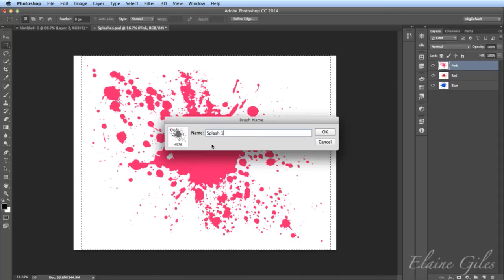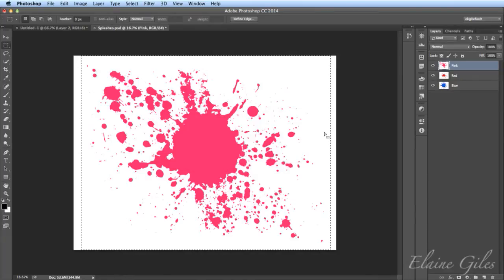So if you download some brushes and you're on an old version and they don't work, that's the problem. They're probably too big. For that reason, when you download a lot of brushes or you're making brushes, it's a good idea to make the 5,000 size brush, but also then halve the size and make another collection at 2,500. And that way you've got backwards compatibility with the older versions of Photoshop. Now that one is 4,576. Now that's fine for this version of Photoshop. And I'm going to click OK, and that's it. That is all there is to creating that brush.